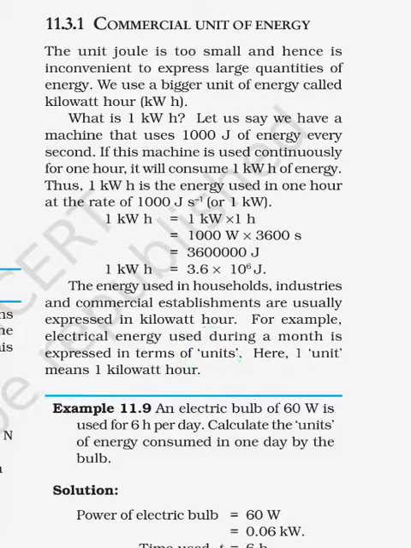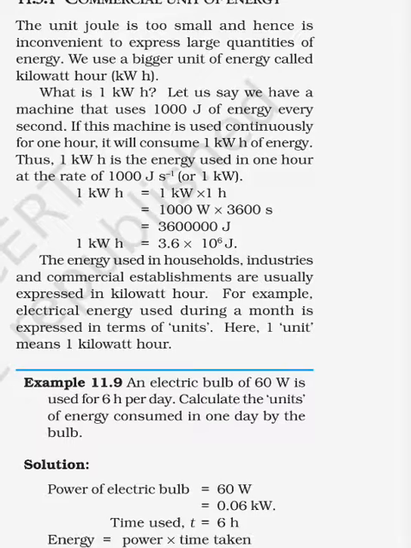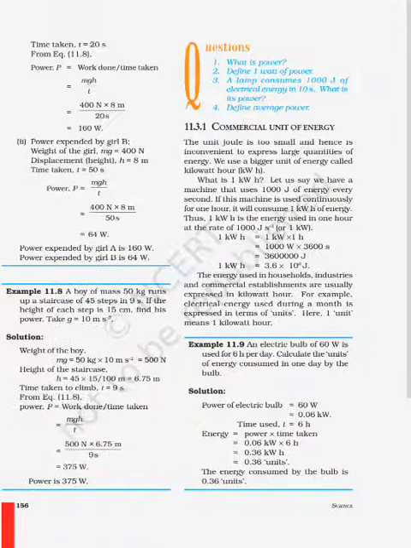So now one example is given. Example 11.9: an electric bulb of 60 watt is used for 6 hours per day. Calculate the units of energy consumed in 1 day by the bulb. 1 day means 24 hours. So see this example. First you write the given quantities. Power of electric bulb is 60 watt. 60 watt means 0.06 kilowatt. Time used is 6 hour. Energy is equal to power into time,